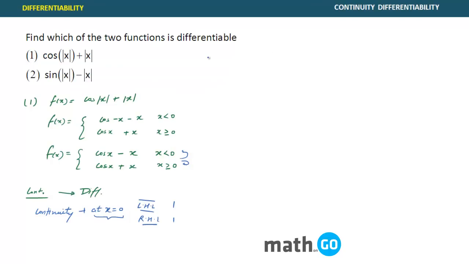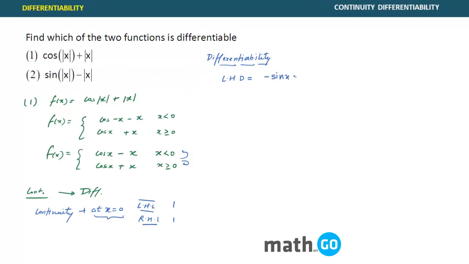Now check the differentiability. For differentiability, what will you do? Again, this is a trick method that I am telling you. No need to go into the lengthy method of finding differentiability, just differentiate. So what will be the LHD? Differentiate this particular function here. This will become